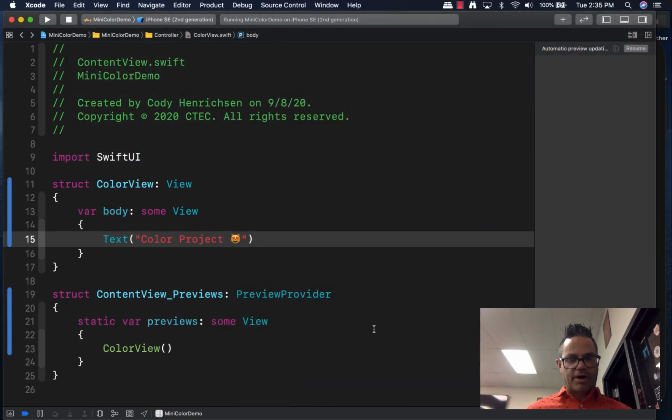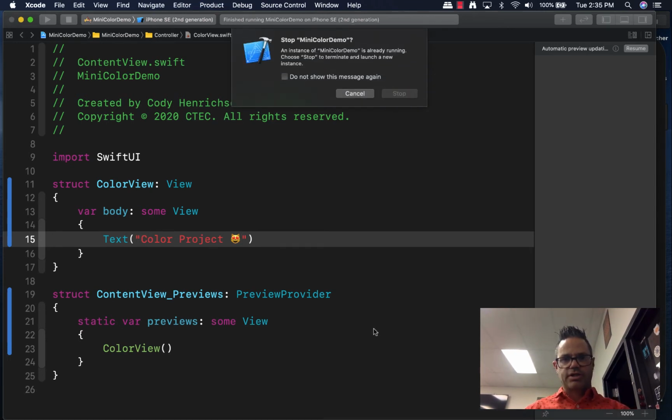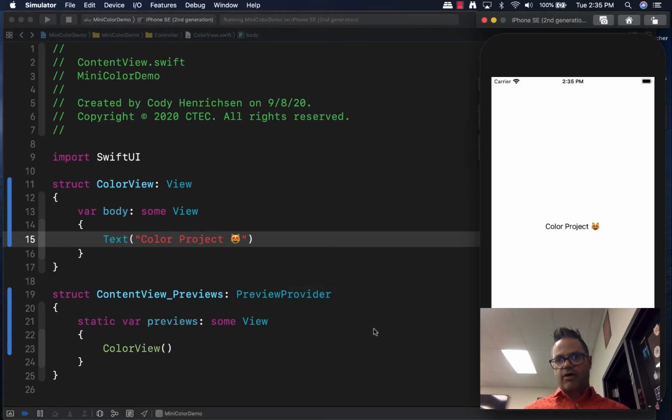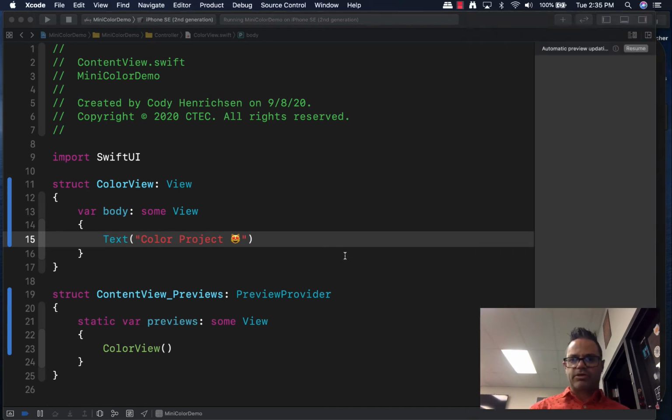We have the happy heart-faced cat. Great stuff to start off with. And so now I can go ahead and rerun my project and start it right up again. And instead of hello world, I have my cute little color project with a cat. Wonderful stuff. So the first thing we want to look at when we're dealing with this is